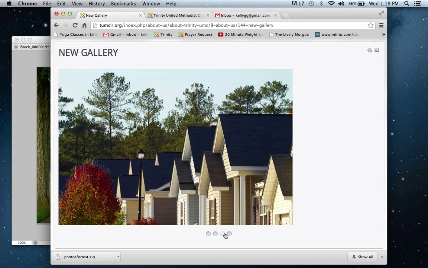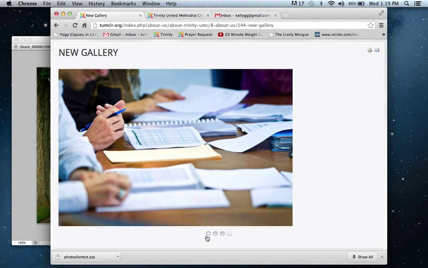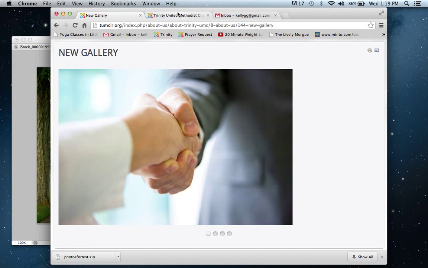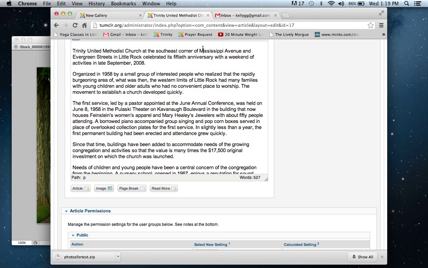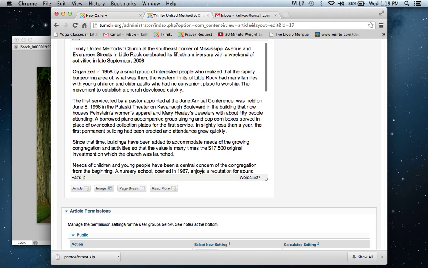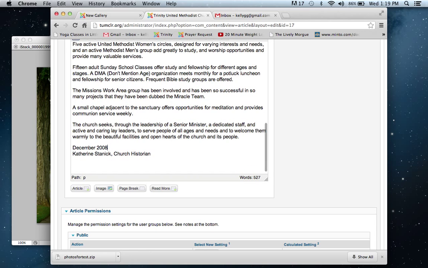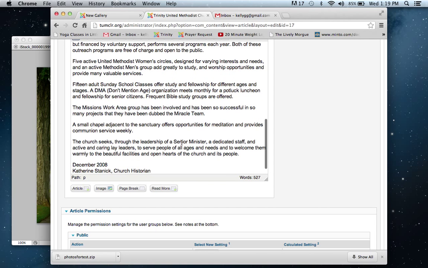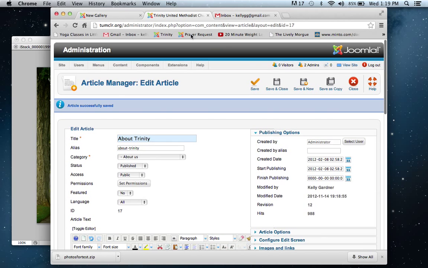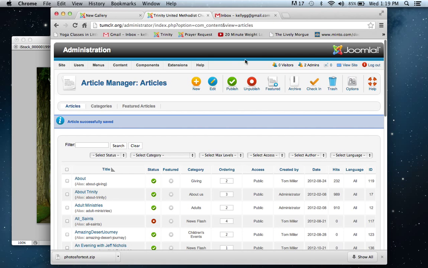And it's set up to automatically transition with these little buttons, but you can also make adjustments. Let me just go ahead and get rid of this link on here and get out of it. Save and close. So if we want to make adjustments to the gallery now, we go back to Components, go back to Widgetkit,